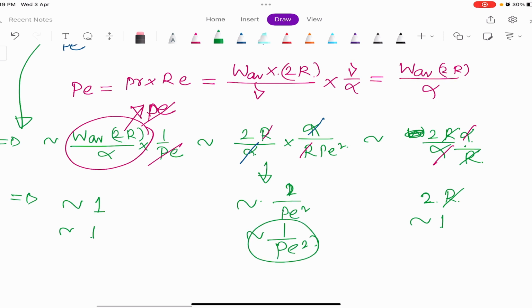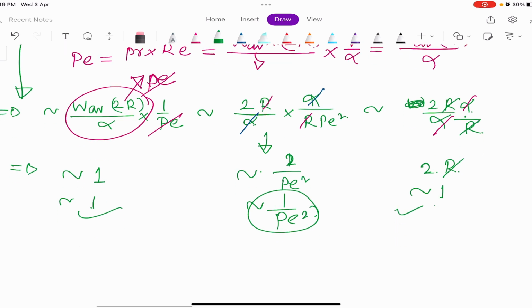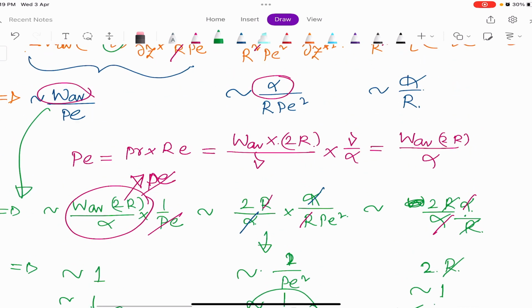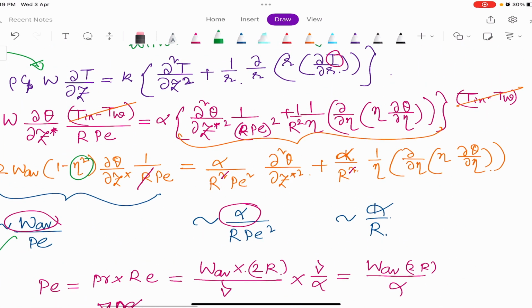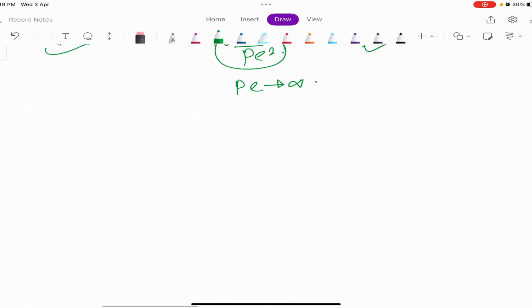So I can neglect this term compared to this and this when my Peclet number is large, right? And this term, this 1 by Peclet number whole square, was originating from the axial conduction term. So therefore I can neglect the axial conduction. I could have told this in the beginning, that because the Peclet number is large enough we are neglecting the axial conduction, but because this is a bit different problem, that is the thermal entrance problem, I am deriving it from scratch. So that means my problem becomes 2 into W average,